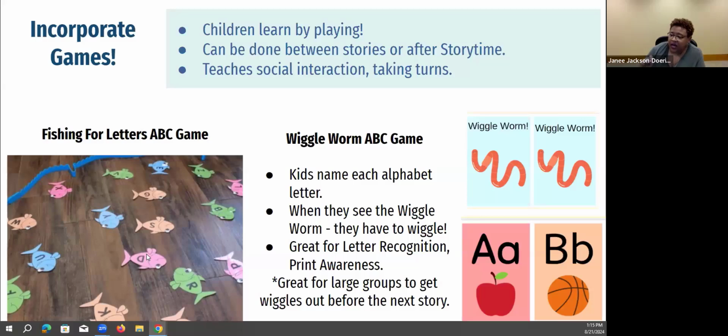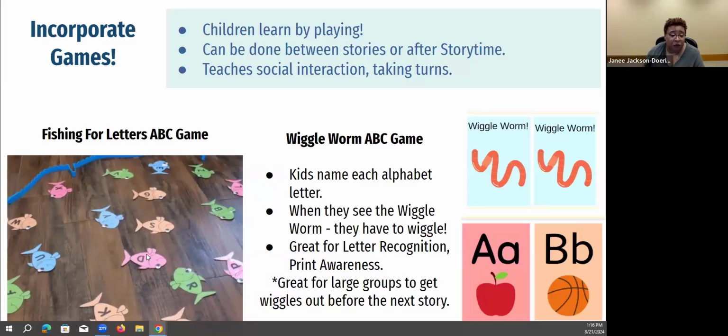What I did, I took a fish template, and I just used different color cardstock, and I put a large alphabet letter on the front of the fish, and I printed them out, cut them out, and then I stuck a paper clip on the back of the fish, and then I grabbed some long dowels with some string at the end, and I tied a magnet, and I put the fish down on the carpet with the letter side facing down,